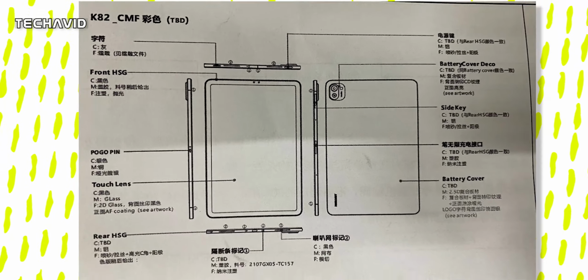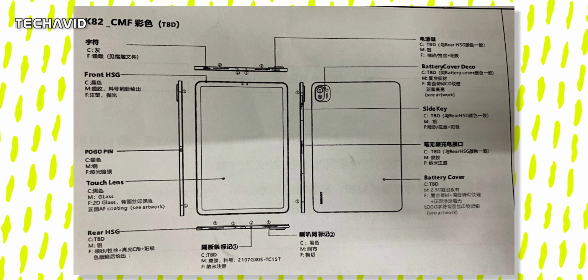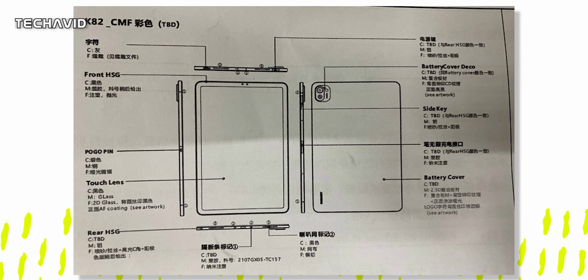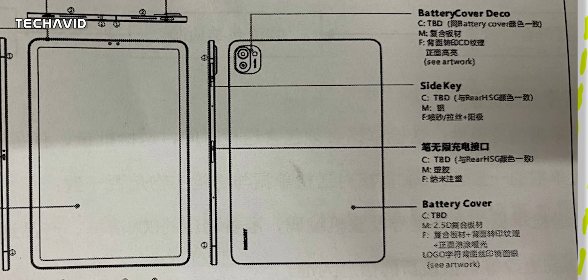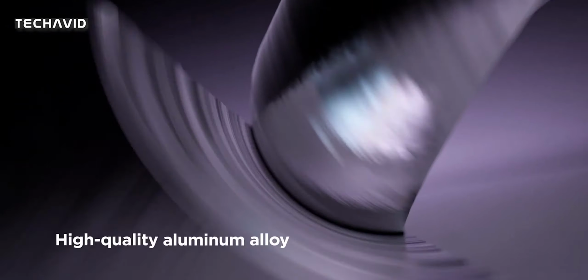The tablet has 4 speakers in total, 2 of them are placed at the top while the other 2 are placed at the bottom. Moreover, a USB Type-C port for charging is also located at the bottom. The tablet is equipped with a camera module which looks almost similar to the Mi 11 flagship, but we don't know the exact camera specs. As for other specifications, recently Gizbot spotted a leak on Weibo which tells us about one